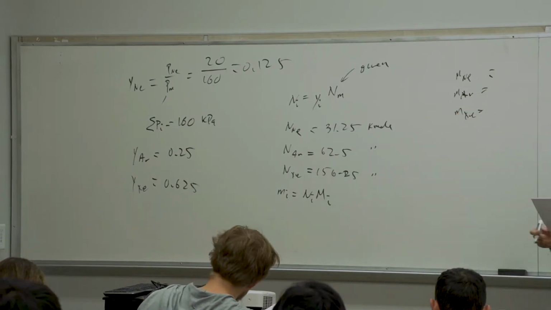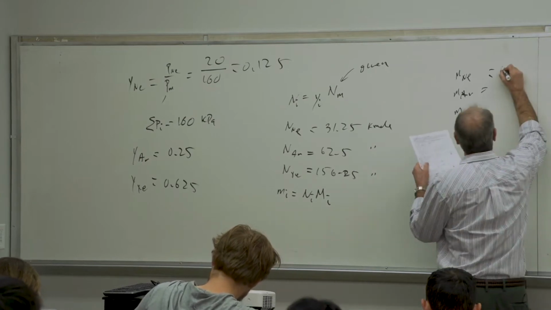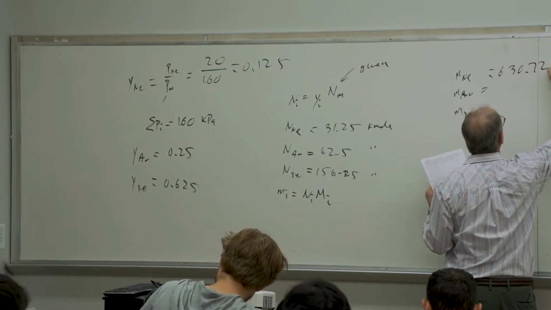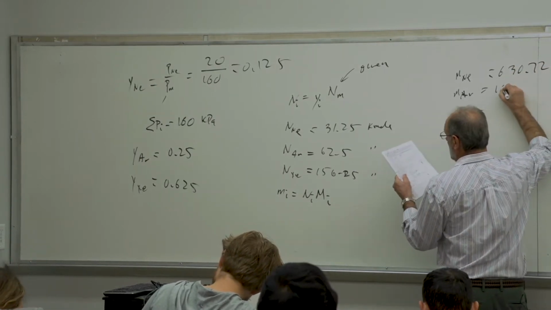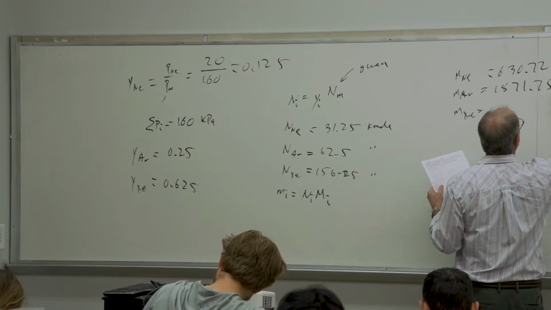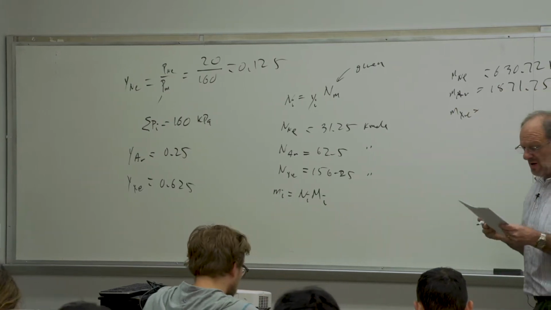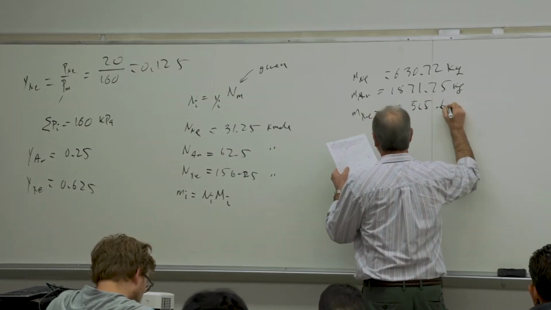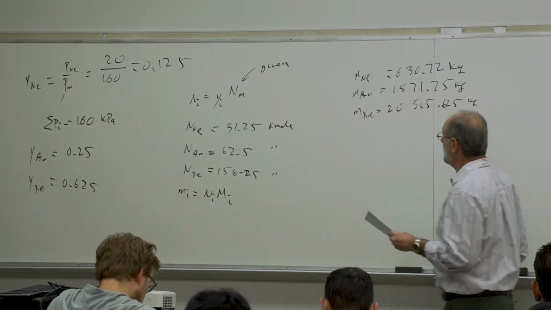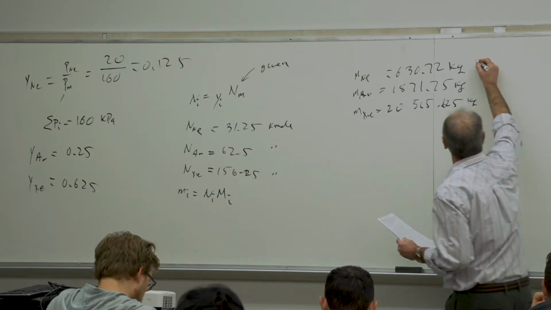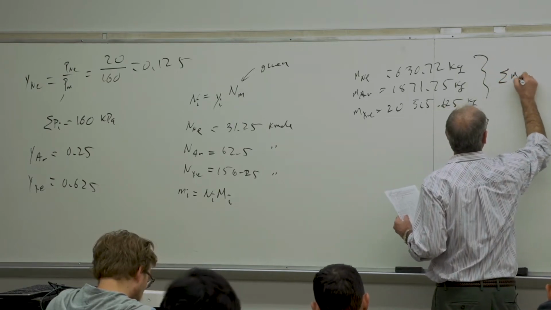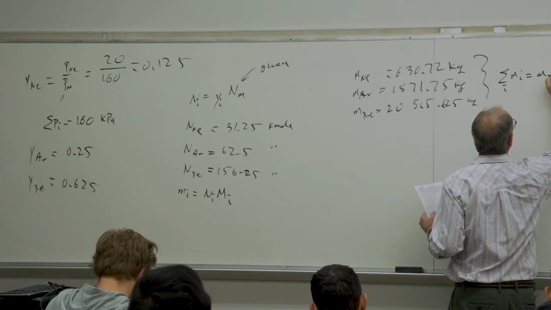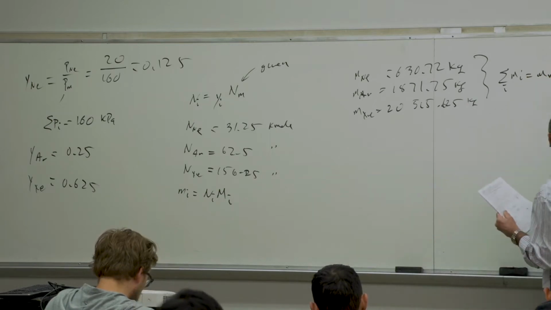We get 630.72 kilograms of neon, 1871.75 kilograms of the argon, and 20,515.625 kilograms of the xenon. And of course, we are going to need to sum these to get the total mass of the mixture, and that's